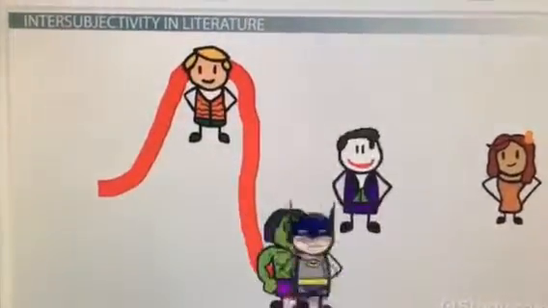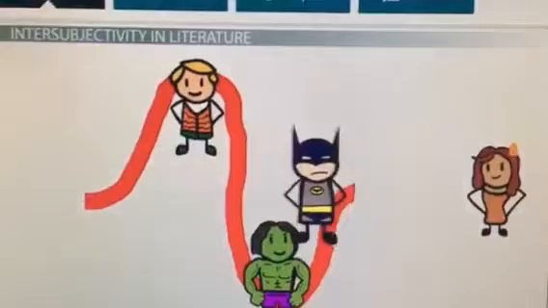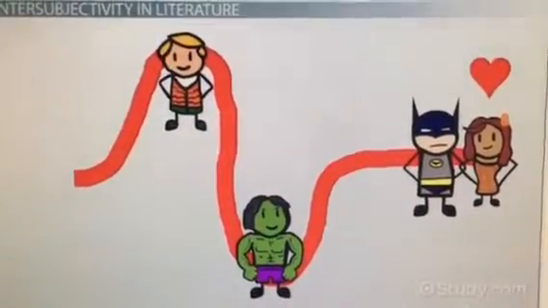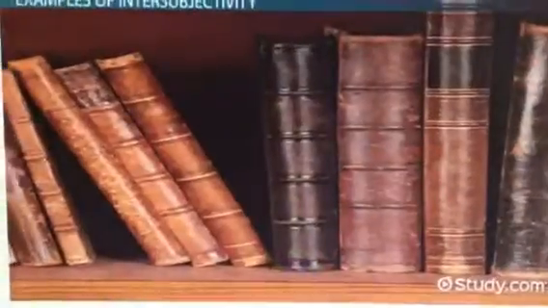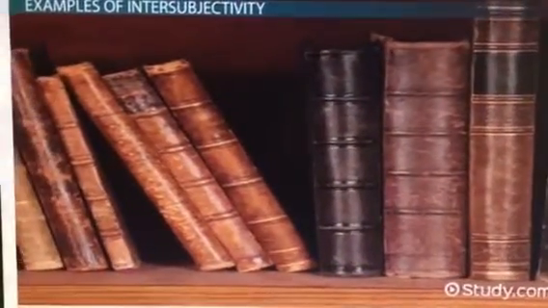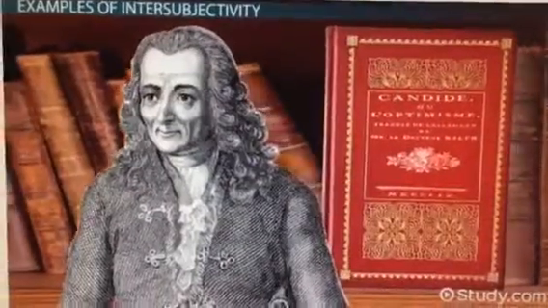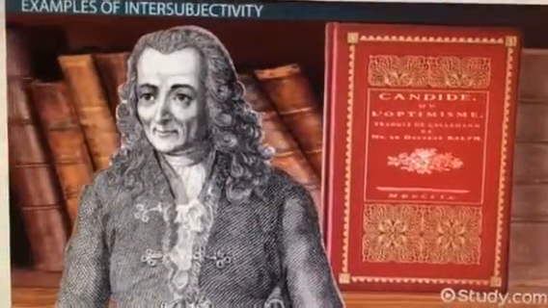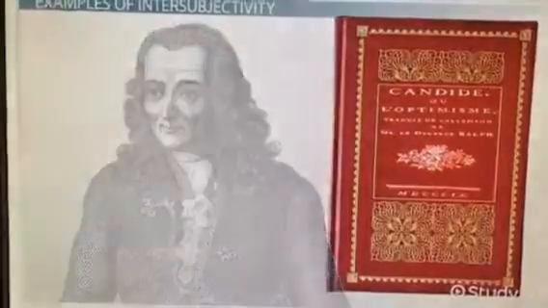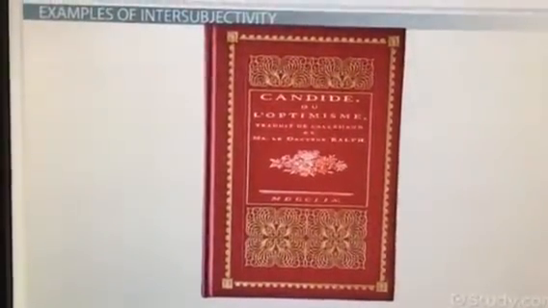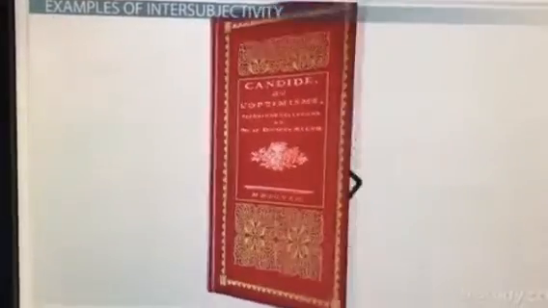We would also look at how the protagonist influenced other characters and how his or her actions fit into the social norms of the time. Some works of literature may use intersubjectivity very directly. In Voltaire's Candide, each character holds a specific philosophical viewpoint. Throughout the novel, the characters react to events in different ways and argue for the benefit of their own worldview.